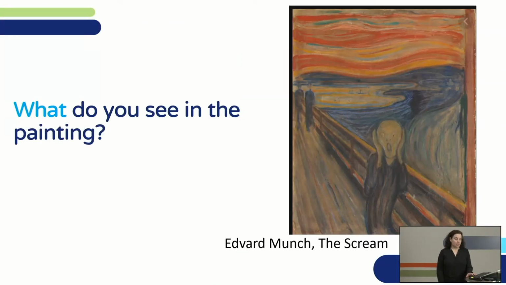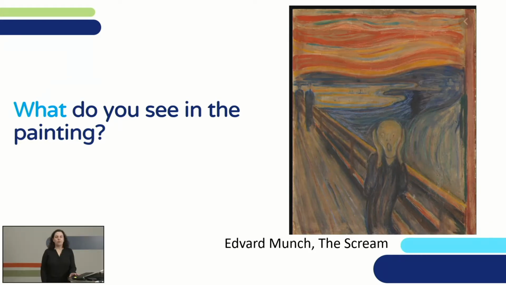Now look at this painting. It's a painting by Edvard Munch, and it's called The Scream. It is a very, very famous painting. What do you see in the painting? I see a character. He has a funny face, as if he's screaming. Where is he standing? Where do you think he's standing? What do the colors mean? What is the use of the colors, the red, the blue? What do you think about this painting? What do you see in the painting?